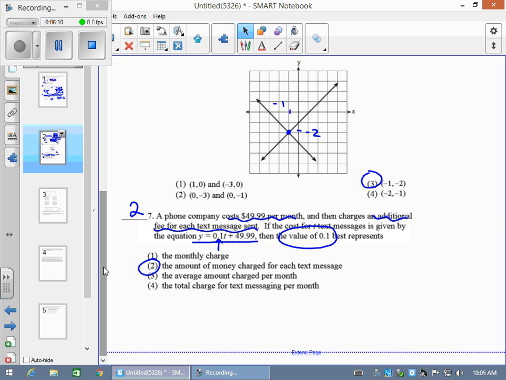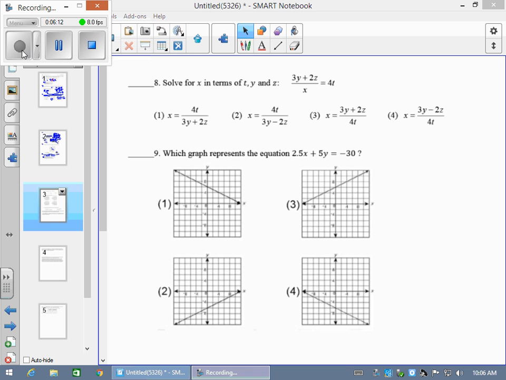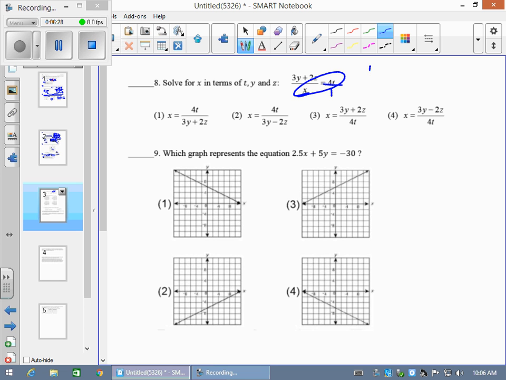Okay, taking a look at question 8, you had to solve for x. That means you want to get the x alone. There are different ways you can think about this. It's tricky because the fraction was being divided by x. So the first thing I did is I recognized there was one fraction on the left side of the problem and one fraction on the right. So I was going to cross multiply. So we get 4tx equals